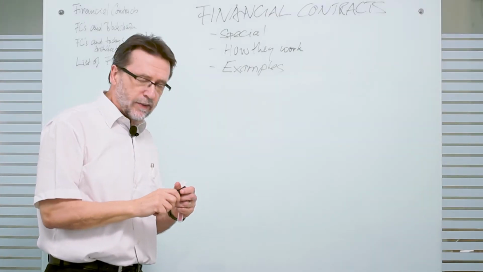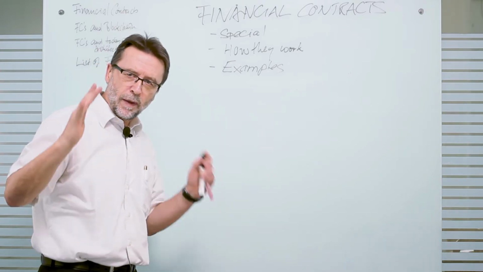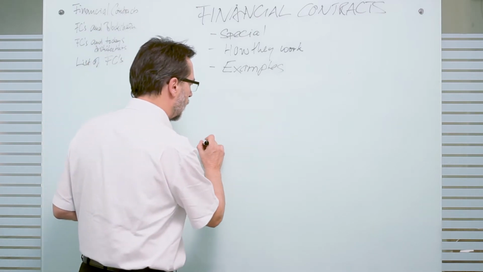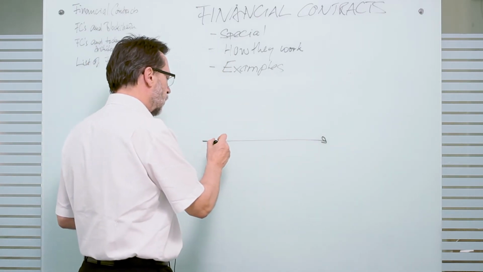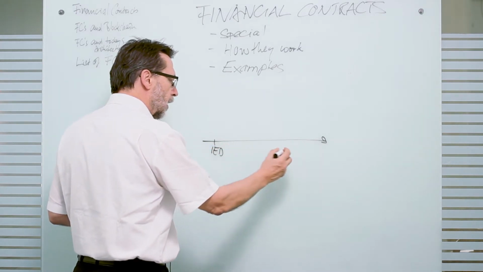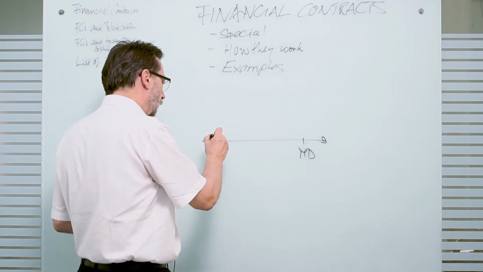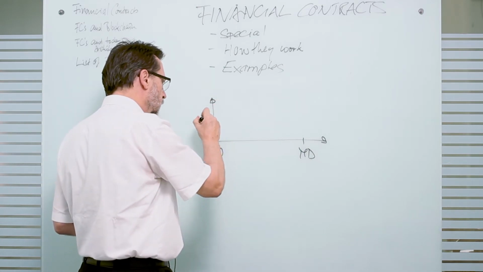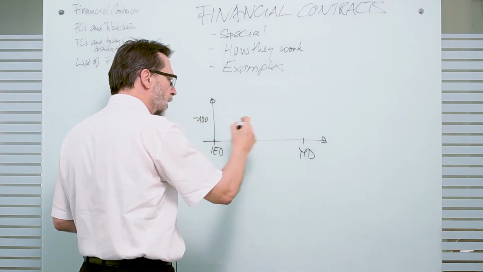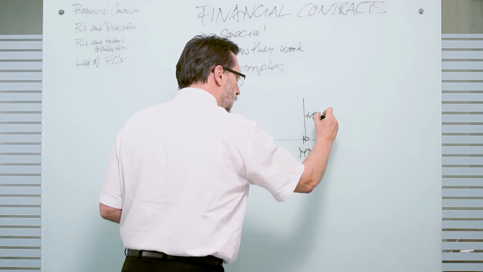I start with a very simple contract, like I give you a loan, which you have to pay me back after a certain time. Looks the same as what I drew already. So there is a time, let's say the initial exchange date. There is a maturity date. That's the date when you have to give it back. I give you 100 here. So for me it's minus 100. You give me 100 back here, plus 100 for me.